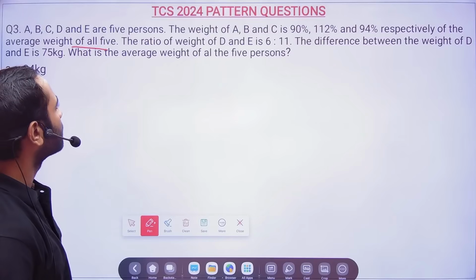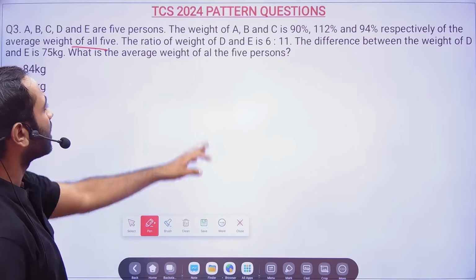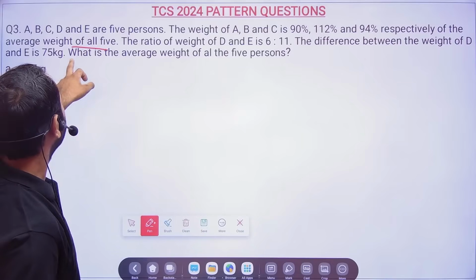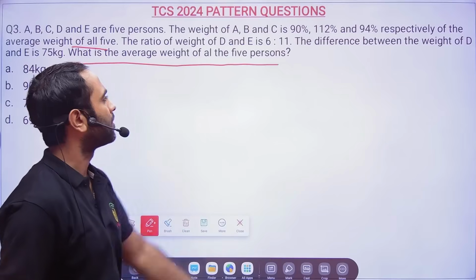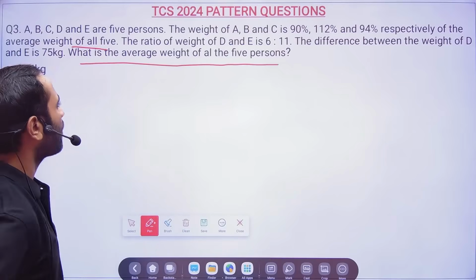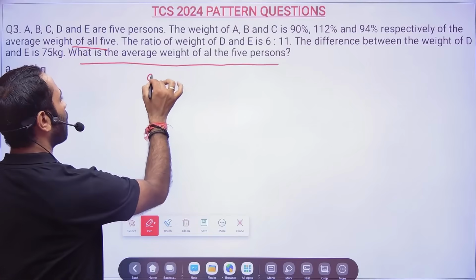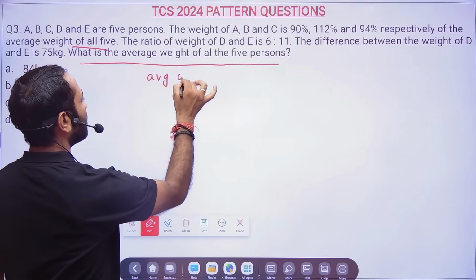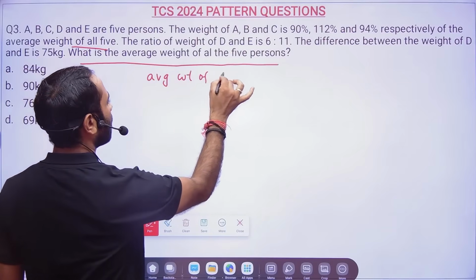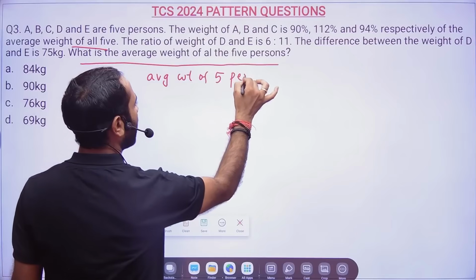So the average weight, okay. The difference between this and what is the average weight of all 5%. Okay. Now friends, what I will do, the average weight of all 5%, I will assume the average weight of all 5% as